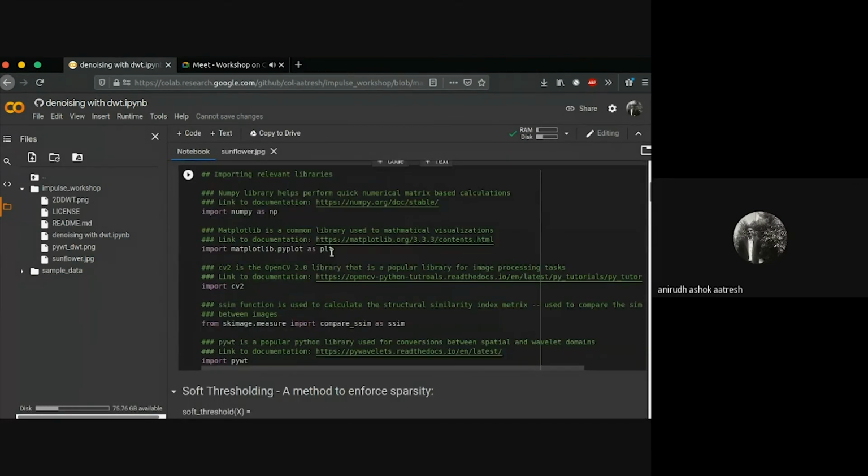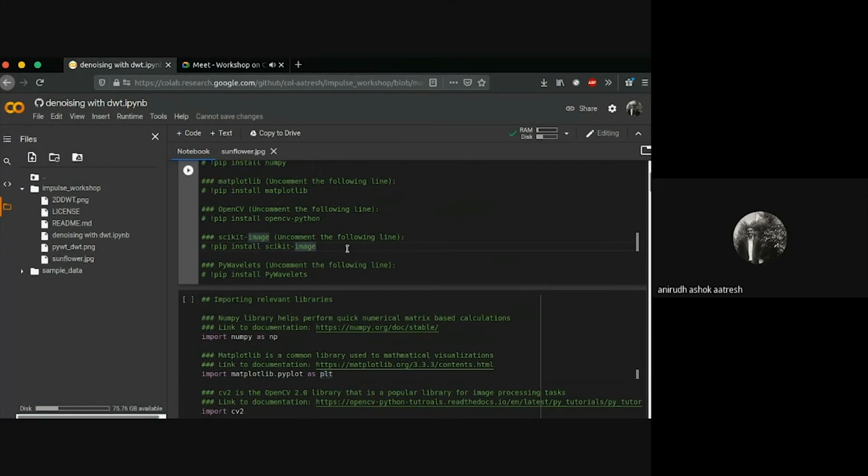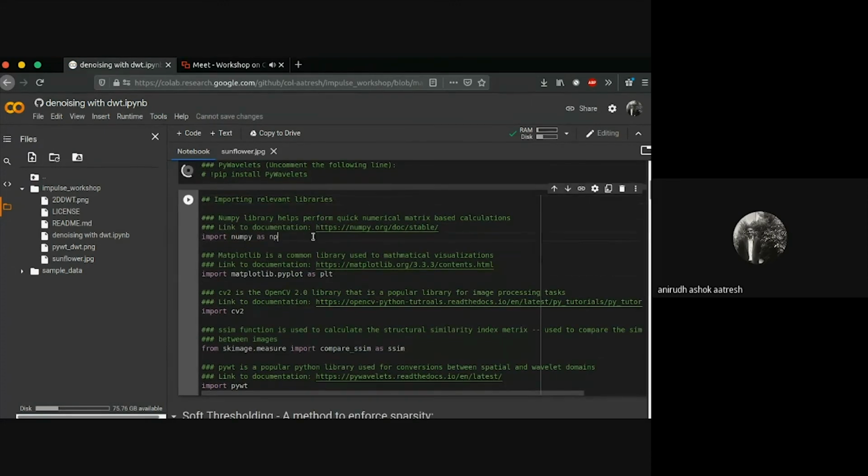For those of you who are new to Python, this import command imports necessary libraries so that you can simplify your coding process. I've included 5 libraries over here. NumPy is a very popular library for quick numerical computations.